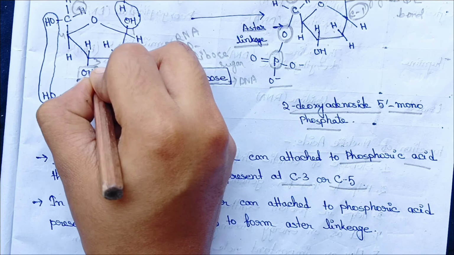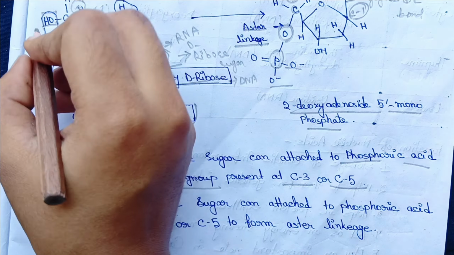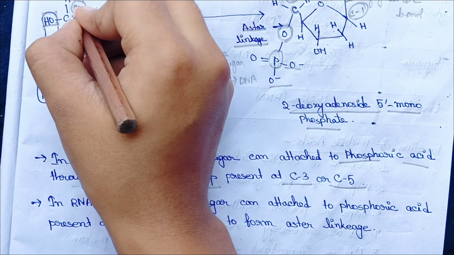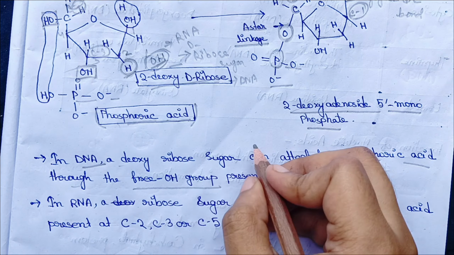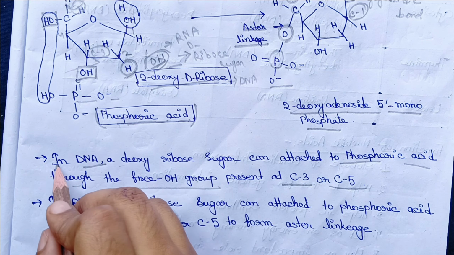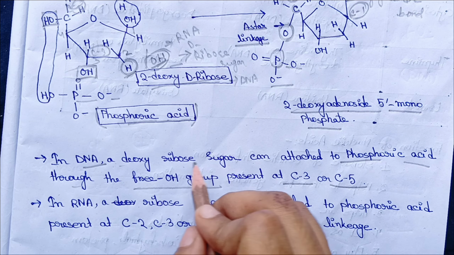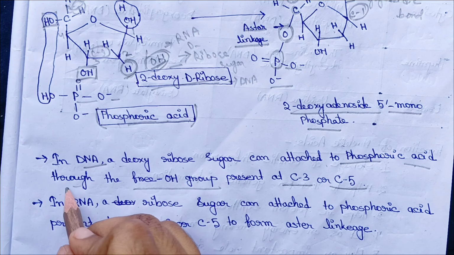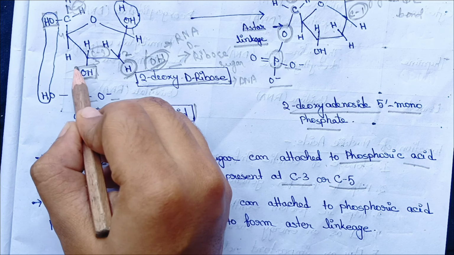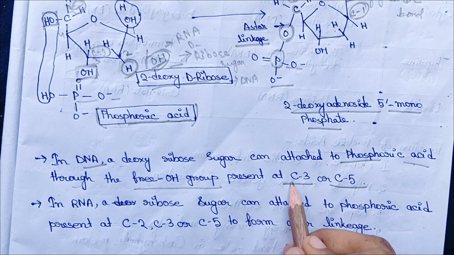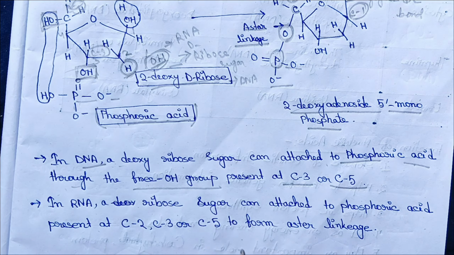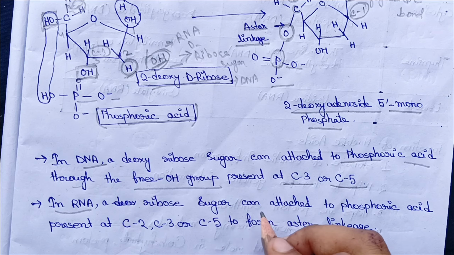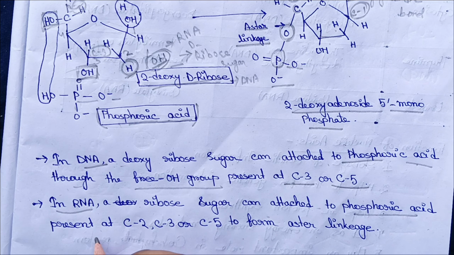So there is a free OH group, and there is another free OH group, at C3 and C5. So in DNA structure, a D-ribose sugar can attach to a phosphoric acid, to a free OH group at either C3 or C5. And in the same way, in an RNA molecule, the ribose sugar can attach to a phosphoric acid present at C2,